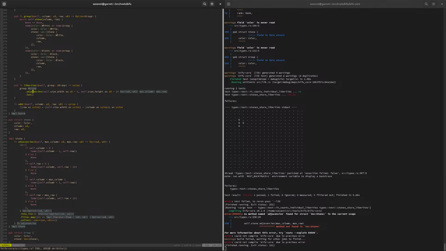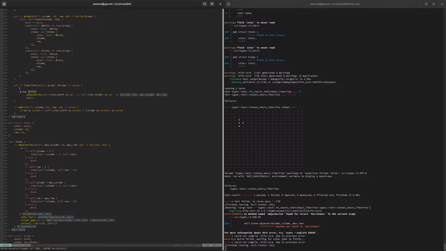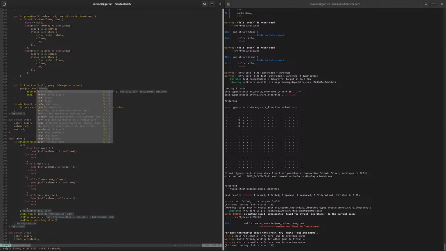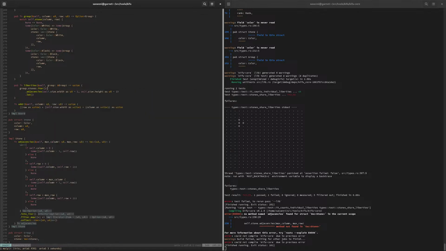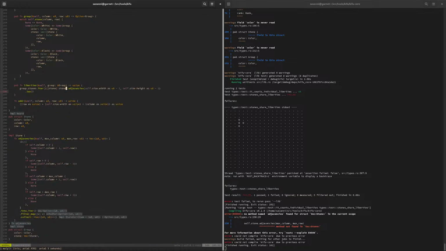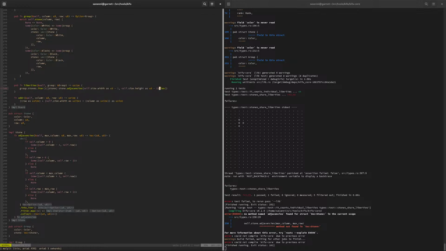Need to call adjacencies on each individual stone in the vector. So that means that group.stones.iter, stone, and so